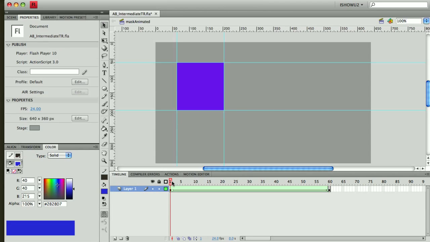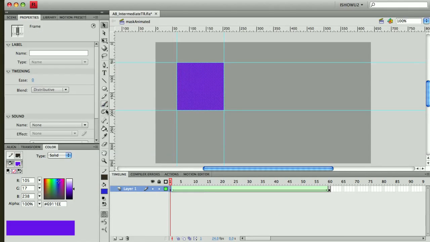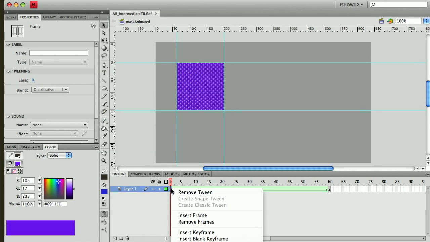When we scrub over it this time, the square is going to appear to turn itself inside out in order to accommodate that hole. So if you ever have a situation like that, say for example you're using a letter or another object, what you probably want to do is cheat a little bit and go maybe copy this frame,